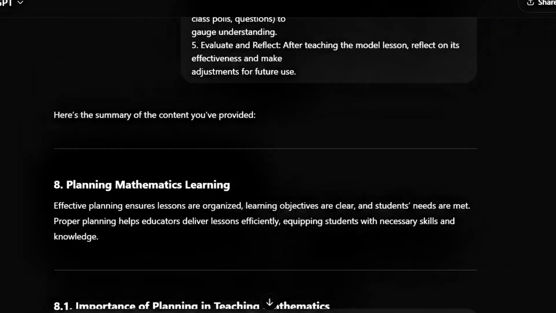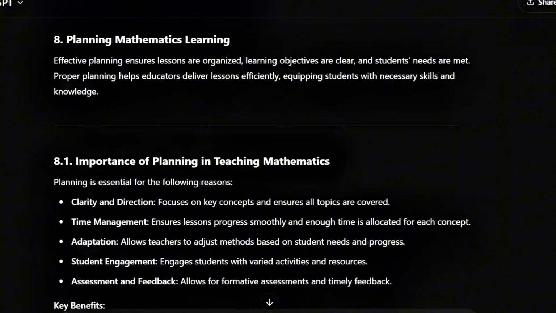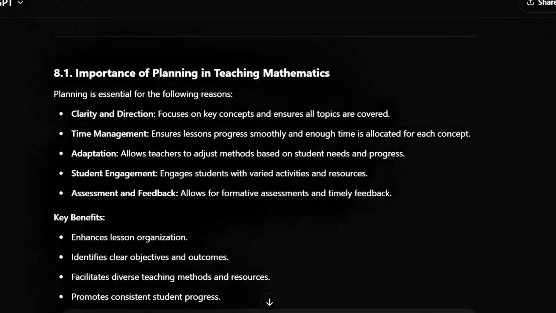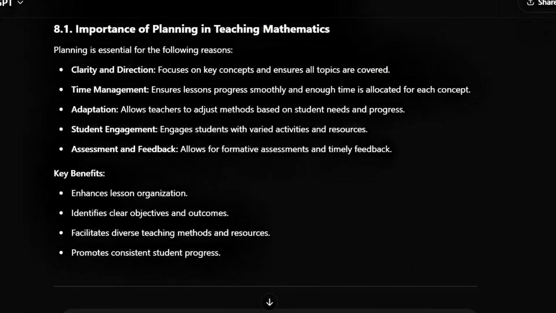8. Planning mathematics learning. Effective planning ensures lessons are organized, learning objectives are clear, and students' needs are met. Proper planning helps educators deliver lessons efficiently, equipping students with necessary skills and knowledge. 8.1. Importance of planning in teaching mathematics. Planning is essential for the following reasons. Clarity and direction. Focuses on